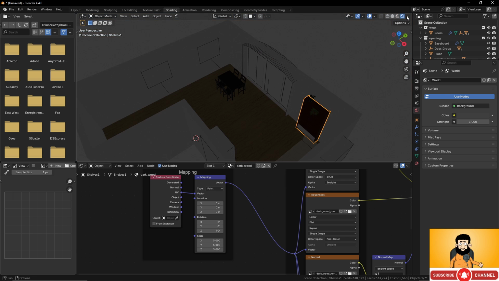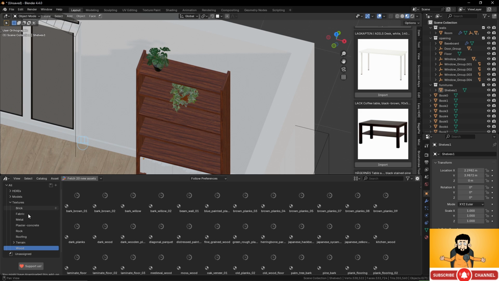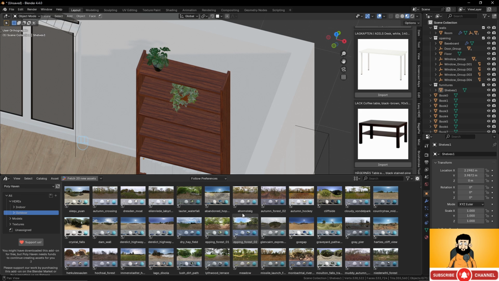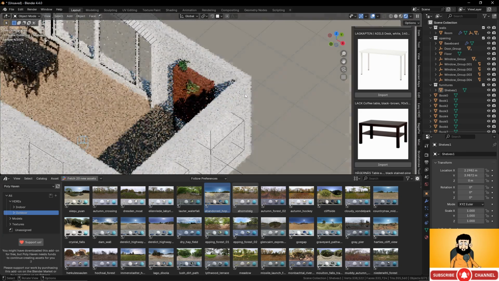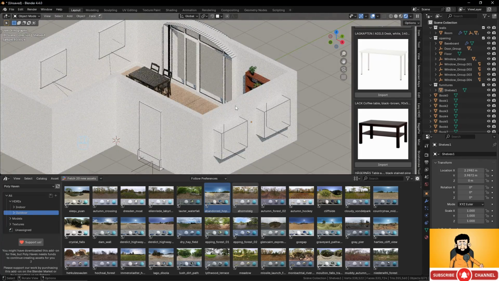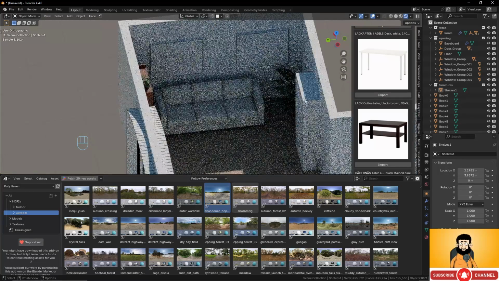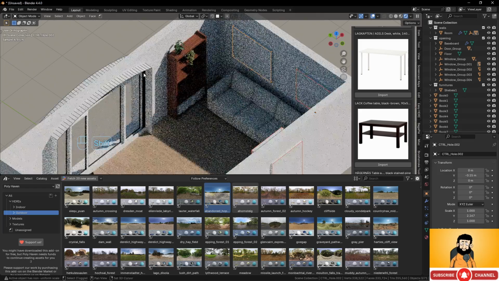If you work with Cycles here, so let's go with Cycles over there. You can add your HDRI here from here, maybe with a sun. So let's go with outdoor and something with a strong sun like this one over there. And let's go into rendered view to see how it looks. So now you have the design that looks really well. And from here we can see even that these objects will disturb. So it's the object that makes the